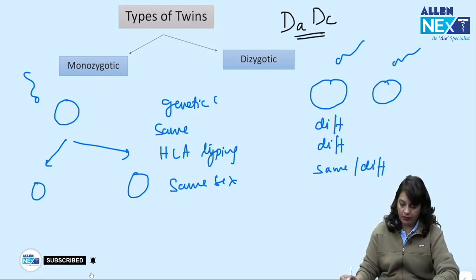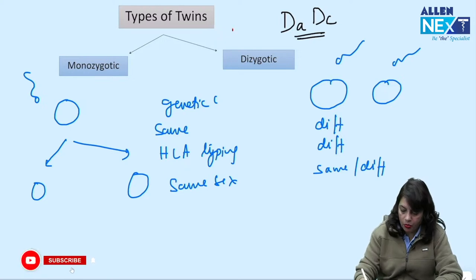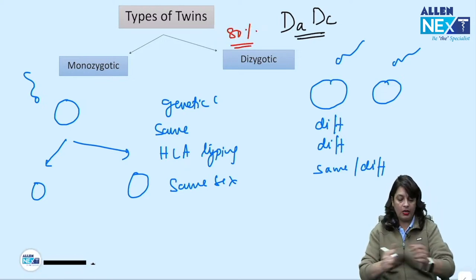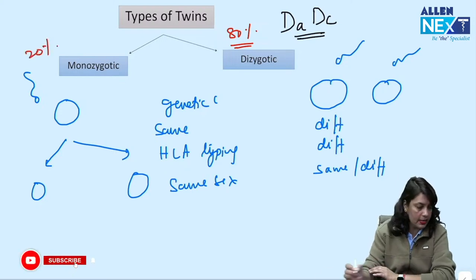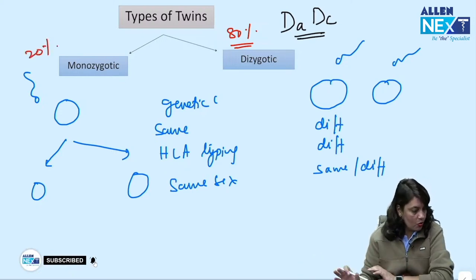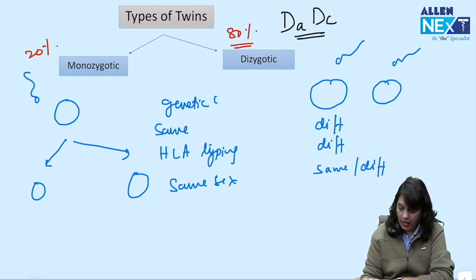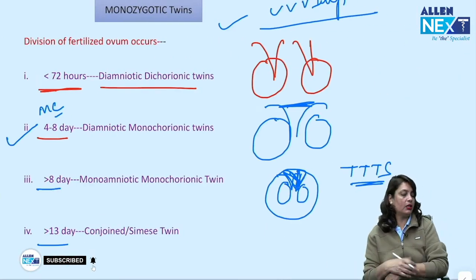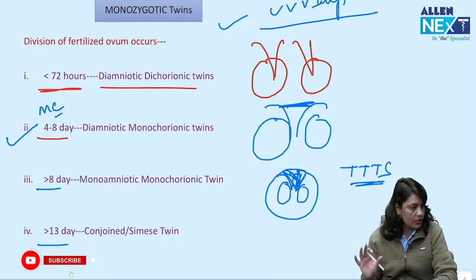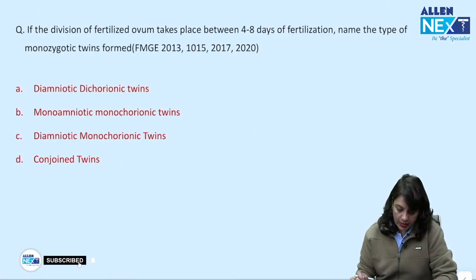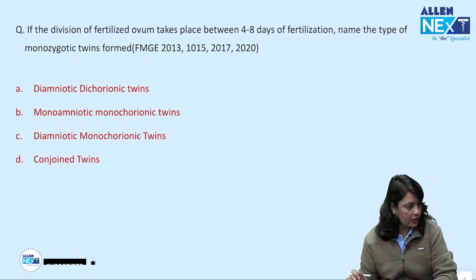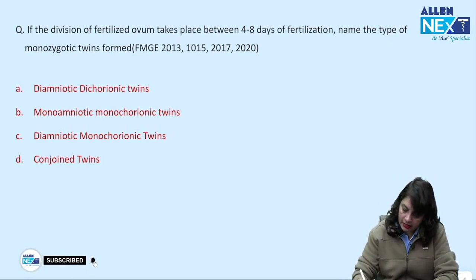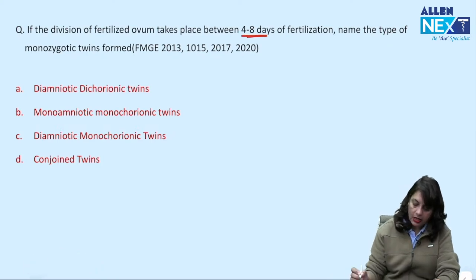They are having a single variety. Overall, which is the most common variety of twins? Dizygotic, which is diamniotic dichorionic; monozygotic is 20%. So, most of the time whenever they have asked a question on twins, it is from the types of monozygotic twins. Okay. Next, if the division of the fertilized ovum takes place between the 4th and 8th day of fertilization, name the